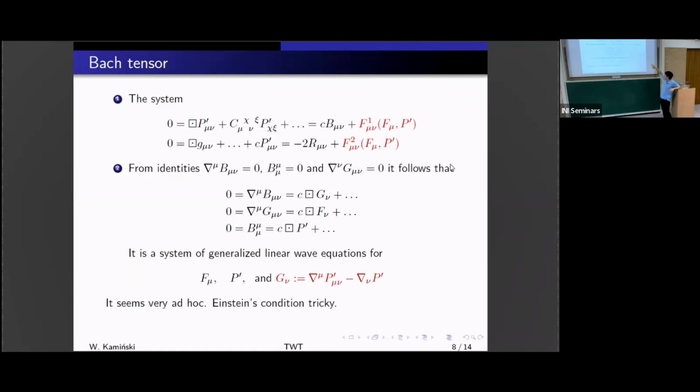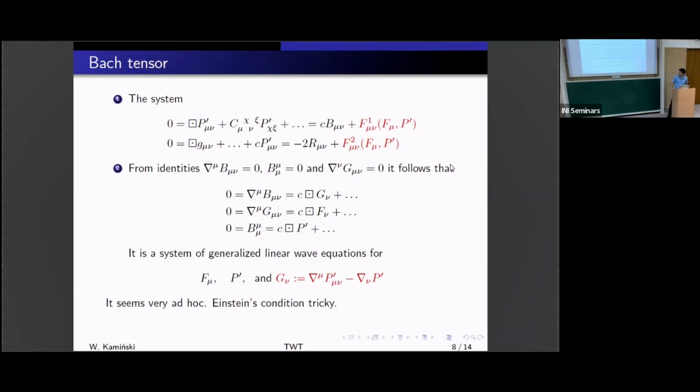But if one writes this equation, we have three conditions, we're getting three equations, and there appears an additional function. So it's not the equation only for this original function f, nu, so harmonic gauge, this p prime, but also there is an additional strange function. So my hope was that you will feel confused now. And the second hope is that I will manage to deconfuse you in the next.